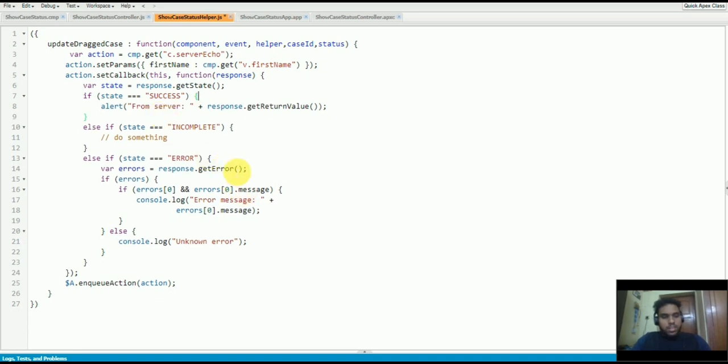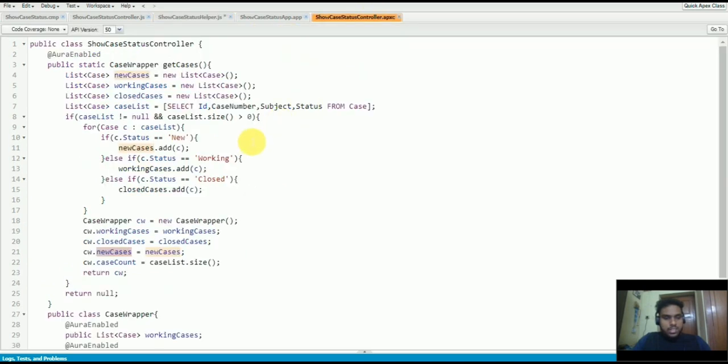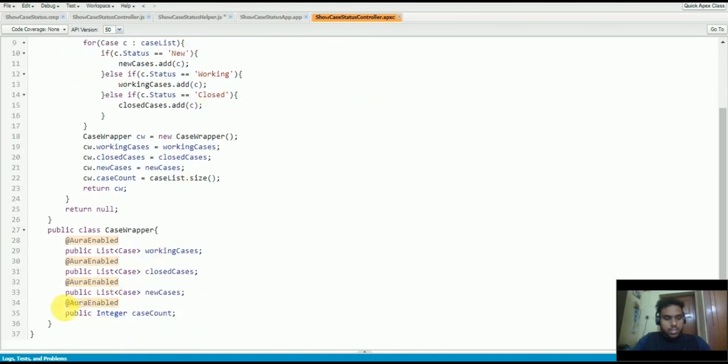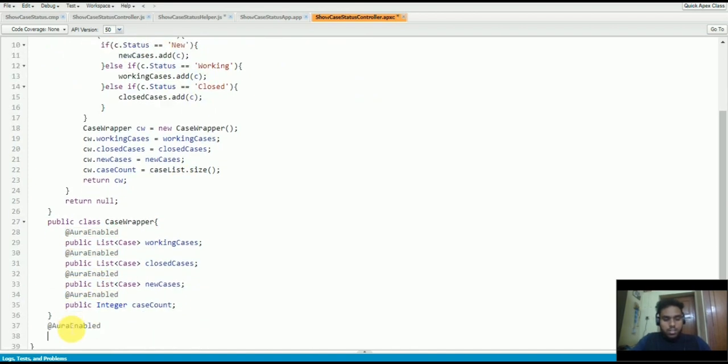Yeah, so now we'll go back to my Apex class, and here I'm gonna create one method called updateCase, which accepts two parameters.